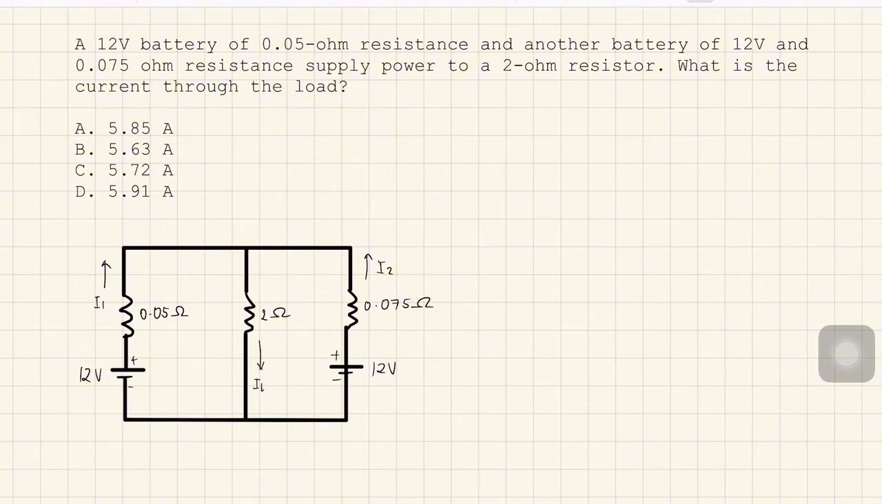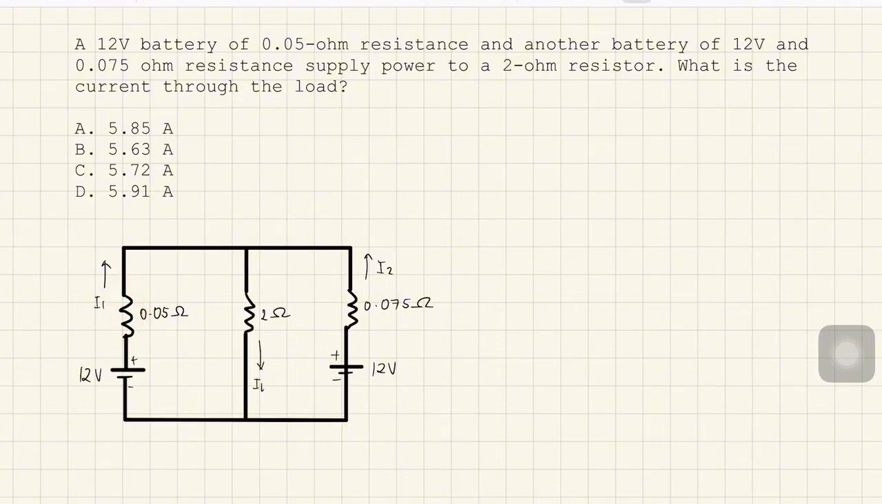So from our problem, this is just one component, as well as this is also one component, and both of them are supplying a load, a resistor of 2 ohms. So now let's also label the polarities of each component. For this resistance,